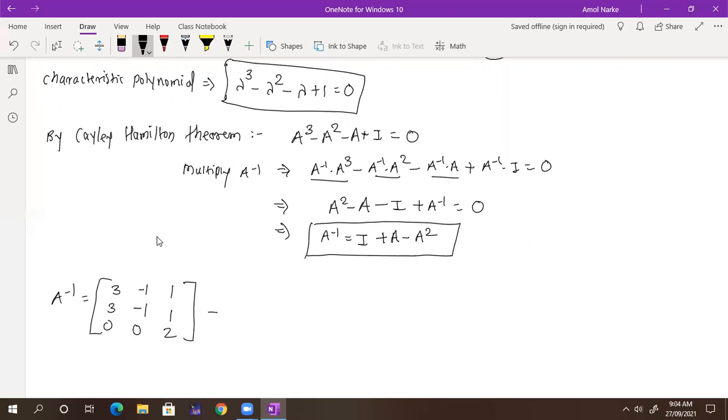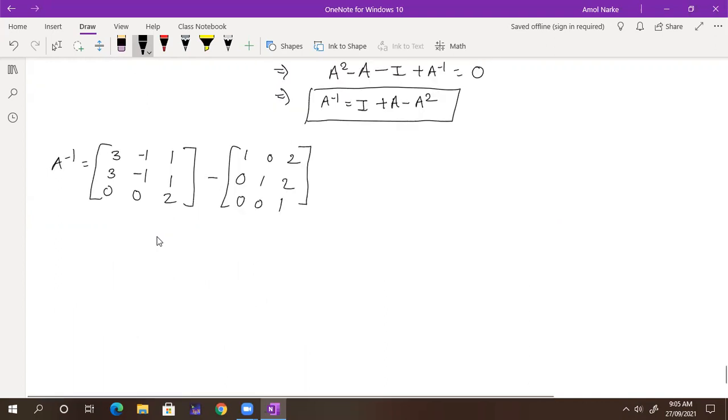Minus A square. What is A square now then? What is A square? Sir, yes, 1 0 2. Then 0 1 2. Very good. 0 0 1. Now subtract that thing. You will get your A inverse as